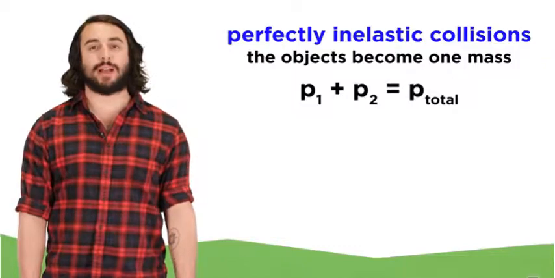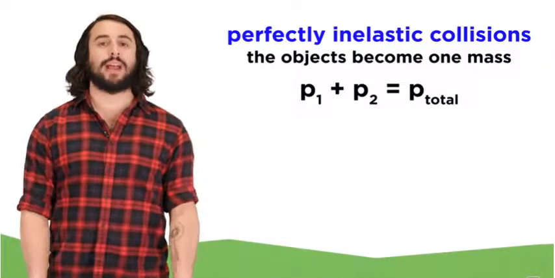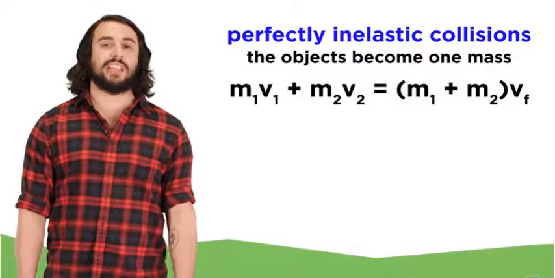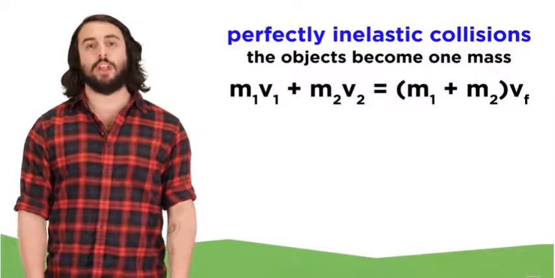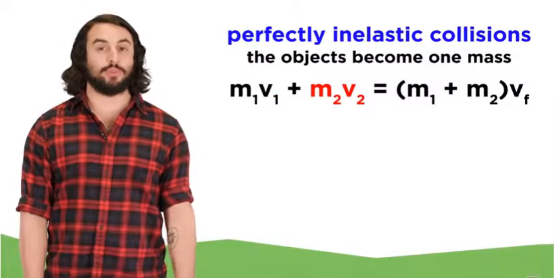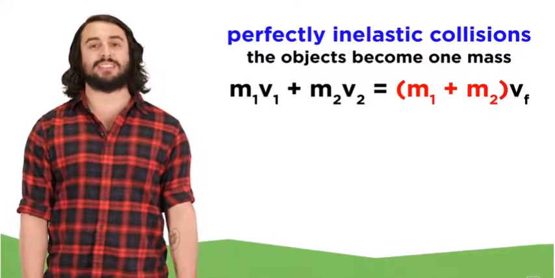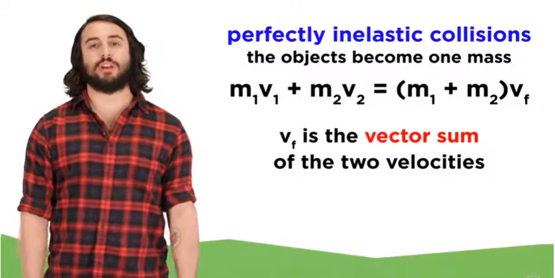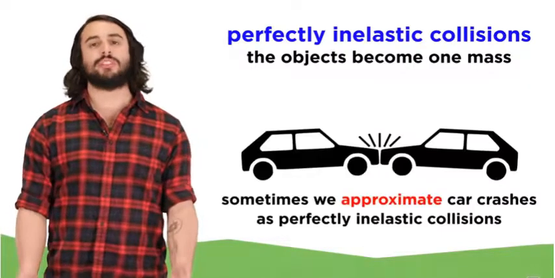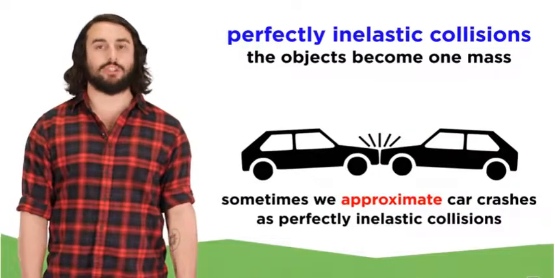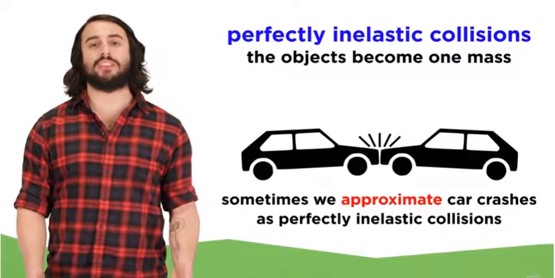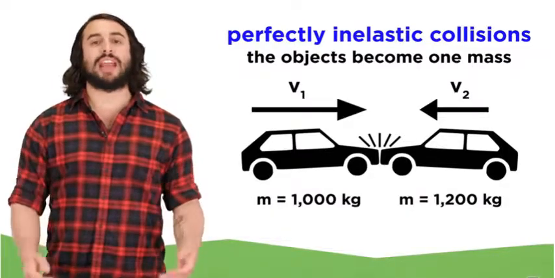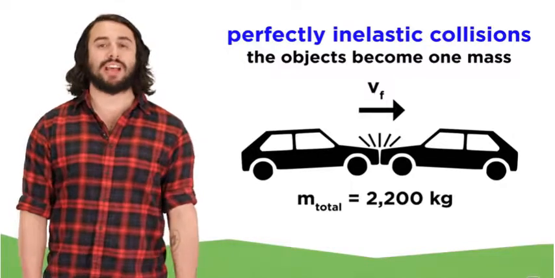When we examine perfectly inelastic collisions, it is easy to analyze momentum because we can treat the two objects as a single object after the collision, with a momentum equal to the sum of the two individual momenta. This is illustrated by the following expression, where m1v1 plus m2v2 is equal to the sum of the masses times v final, which will depend on the magnitudes and directions of the two initial velocities. This approach can also be used to model car collisions, whether the two cars were moving in the same direction or opposite directions. Adding the masses of the cars and combining the velocity vectors will tell us what will happen